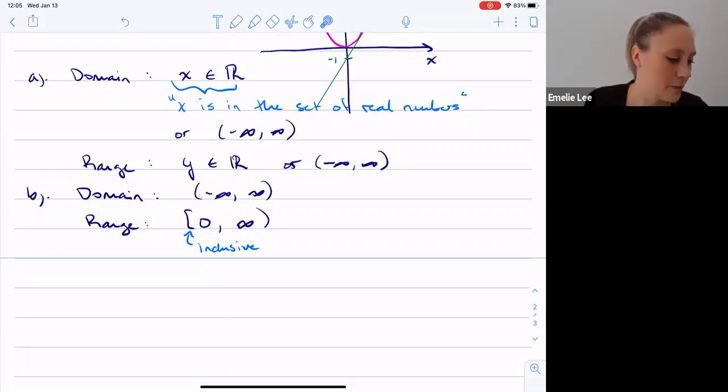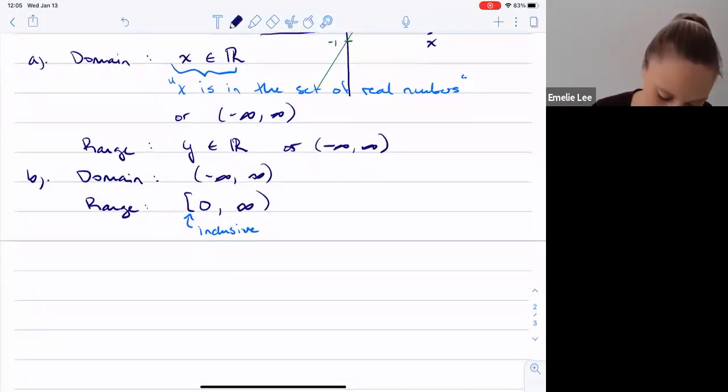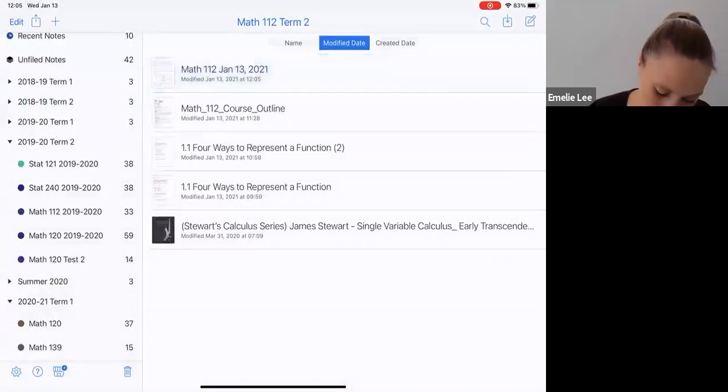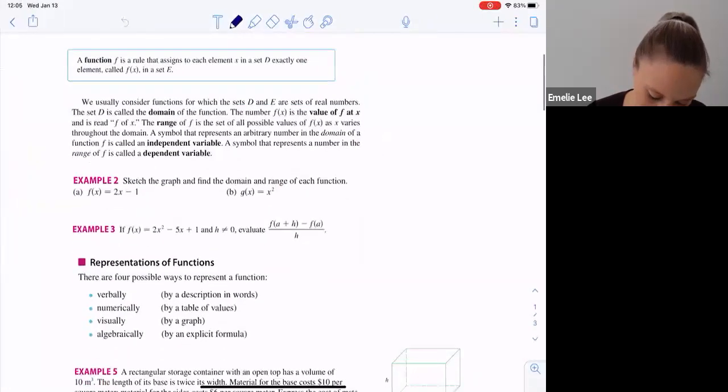Let me see here. Got kind of a lot of different notes everywhere. All right. So, working with functions,